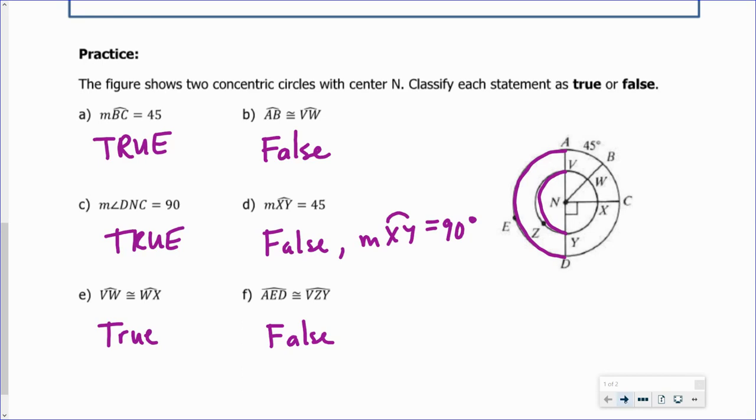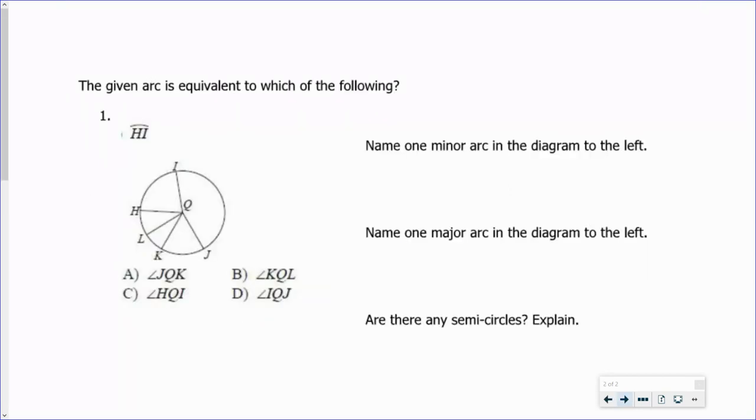Okay, we're going to look at a couple more examples, and then that's going to be the end of this video. I would ignore this stuff right there, and we're just going to focus on the diagram. So in the diagram, it says name one minor arc in the diagram to the left. There are a variety of different answers here. So remember, we're just looking for an arc